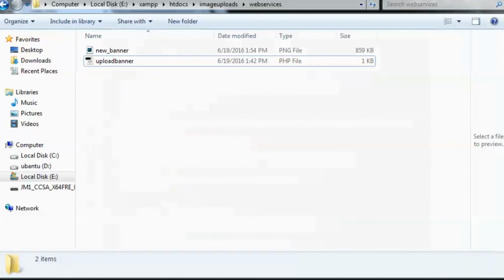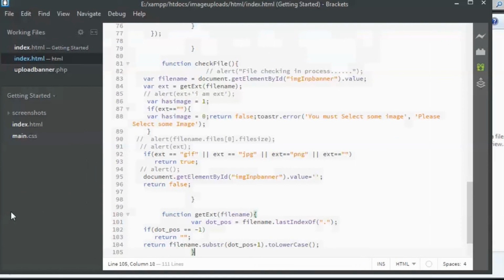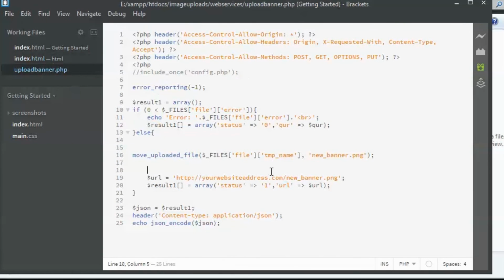So let us go back to the PHP file. I'm going to type in localhost.